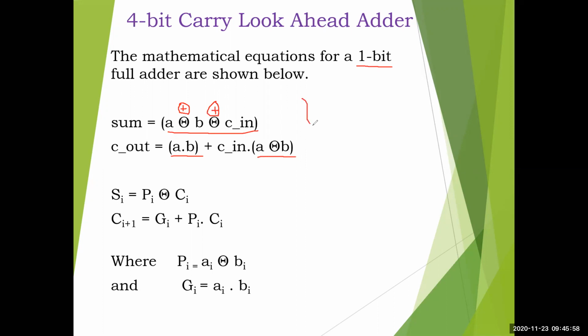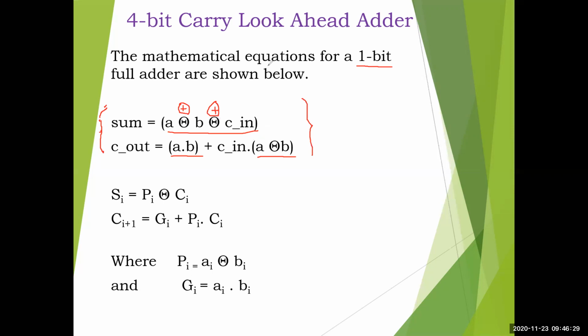So this is the basic expression. No need to learn it by heart. If you know the truth table, you'll get this expression. Either of two expressions you'll get for c out: one is ab plus bc and c in, another is this one. If you use two half adders and one OR gate, you will get this design. So that's why no need to learn by heart; the expression will come from the truth table, from the logic symbol. That you should have.